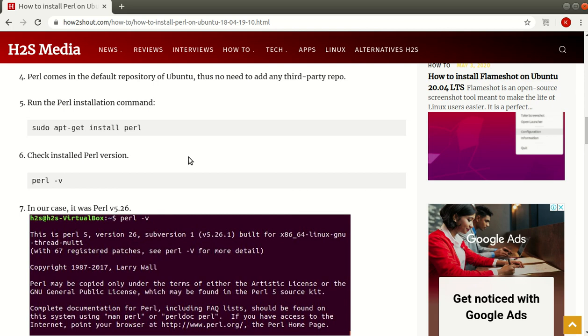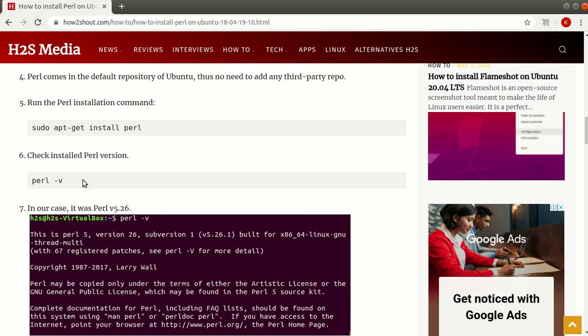So I have updated my software and installed this Perl software in my Ubuntu operating system. It took me 10 minutes only. I will upload that video on my YouTube channel also. You can check that video in my Perl programming playlist.